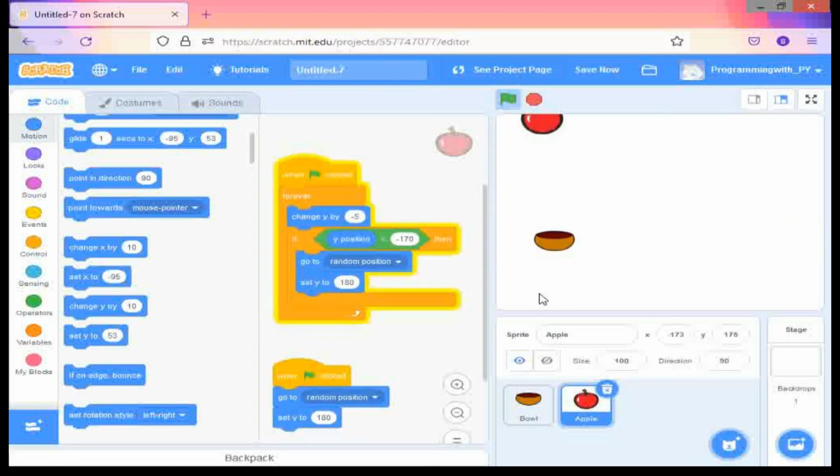Now see, if the ball is here, it is not catching the apple. So for that we have to write a command.